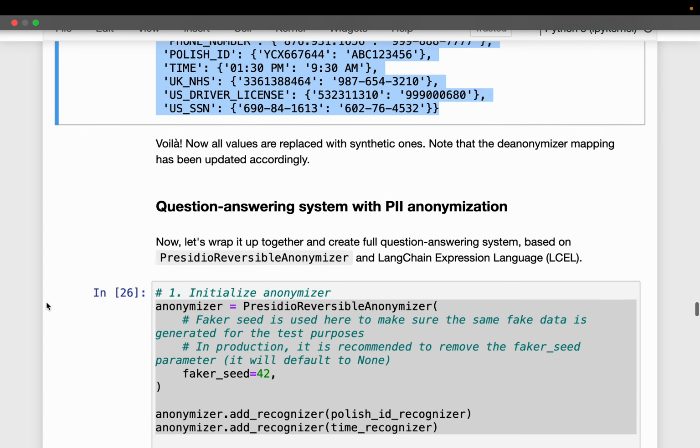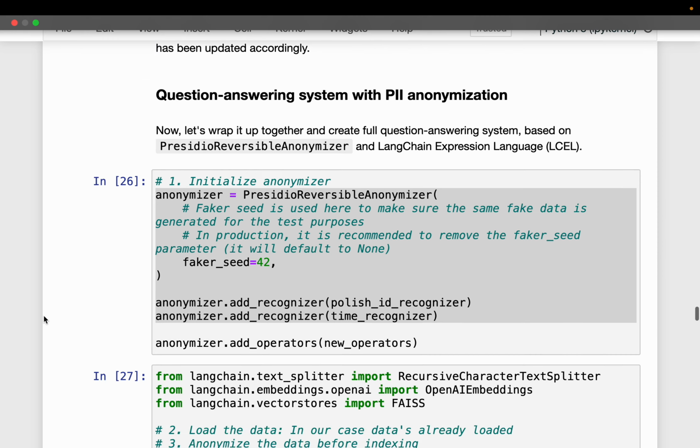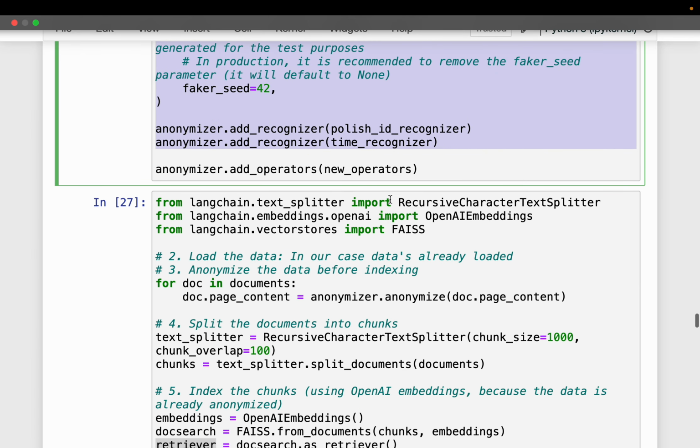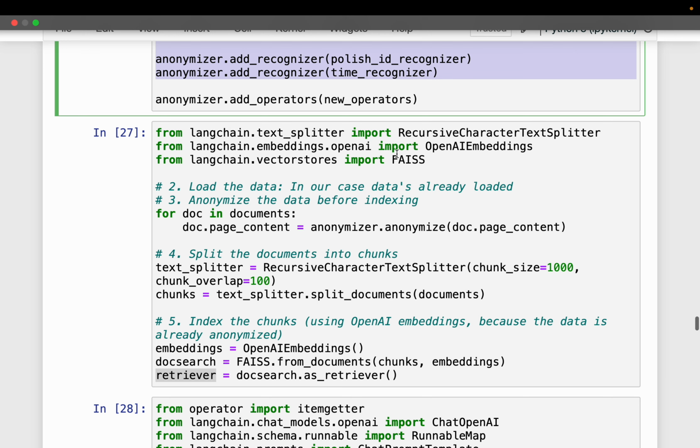Okay, all right. So far we have looked into Presidio and Faker to achieve the anonymization, right? We haven't done any LLM or RAG related work. Now we are going to do the RAG using LLMs. This part we have already seen. Now, this you must have already seen because I already created a number of videos on RAG. If you are new to RAG, maybe refer to those videos.